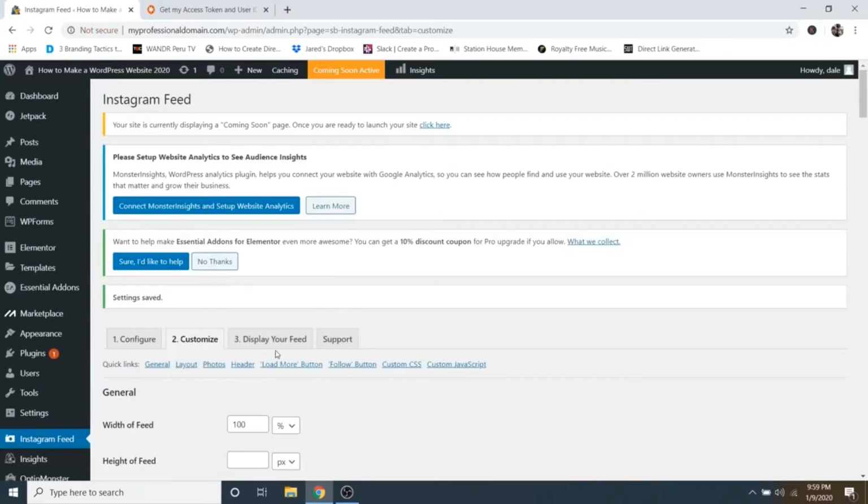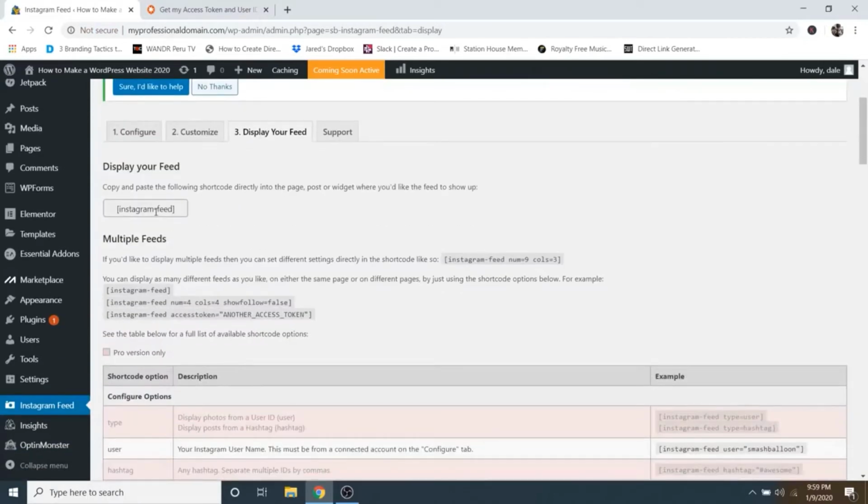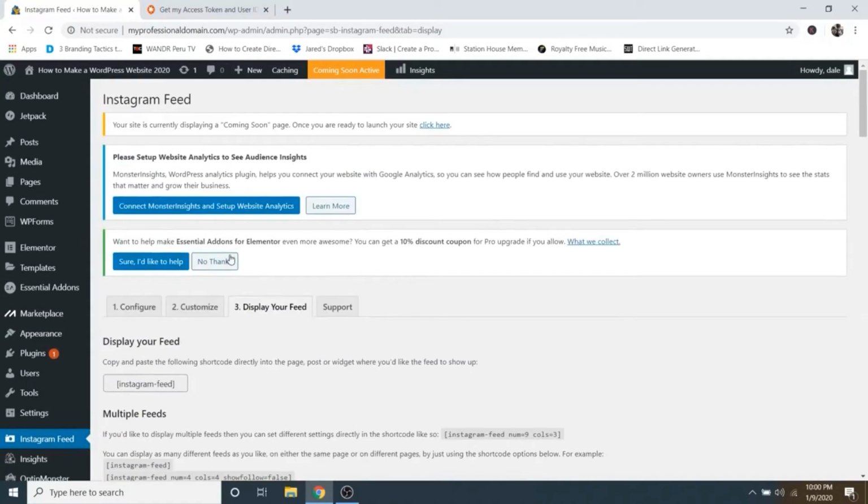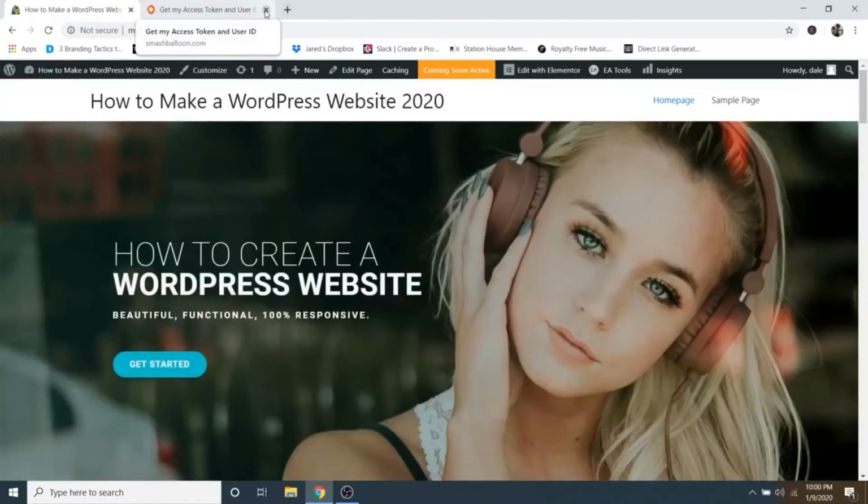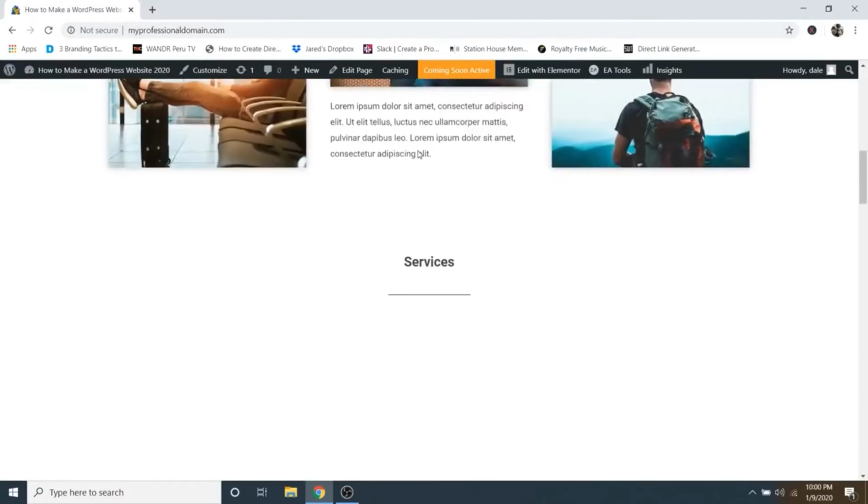Okay, and then lastly, if you go on over to display your feed, this is where you can get that little shortcode right here, which is Instagram feed, but it's already hooked up automatically in the widget on our homepage, so I don't really have to worry about that. So I'm just going to go back over to my name and click on Visit Site. And I'm going to close out of this little access token right here. And then if we scroll down,